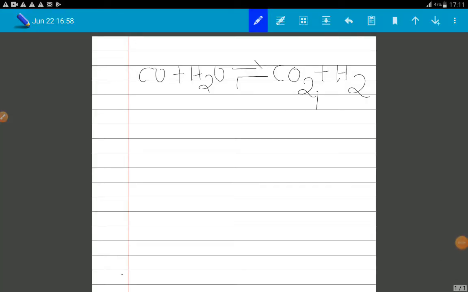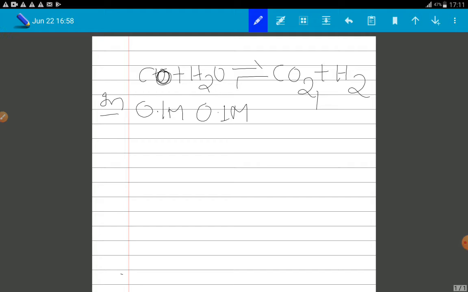Now let us see the example, which is already given to us. In the question we have the initial concentration, 0.1 molar. Here 0.1 M is there for CO and 0.1 M for H2O. So first, you have to write whatever initial concentrations are there. In the numerical, it is already mentioned that CO and H2O have 0.1 molar.